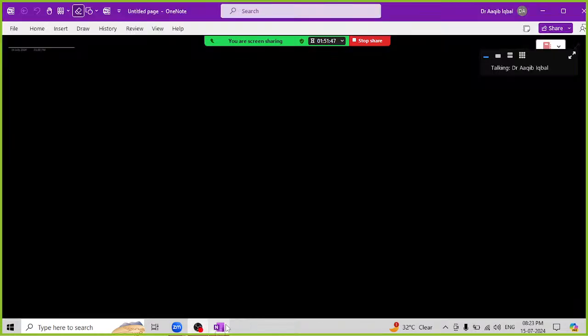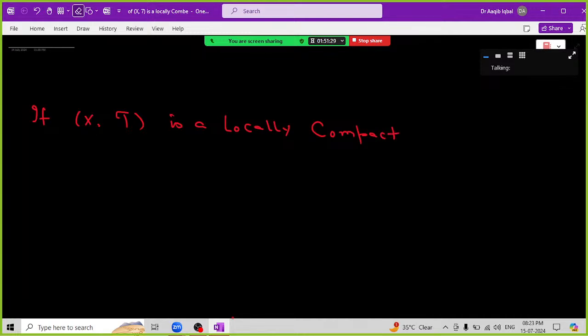तो कल मैंने आपको दिखाया था कि if X star is a locally compact T2 space and boldface B is its Borel sigma algebra,